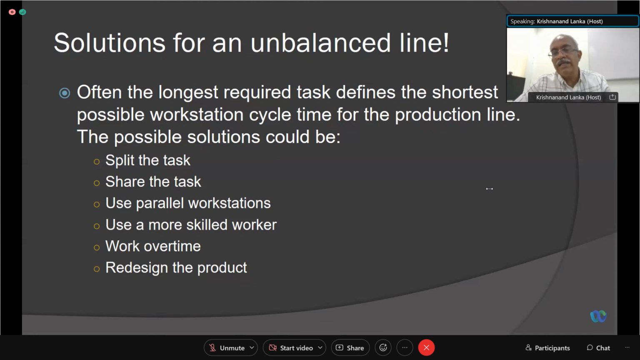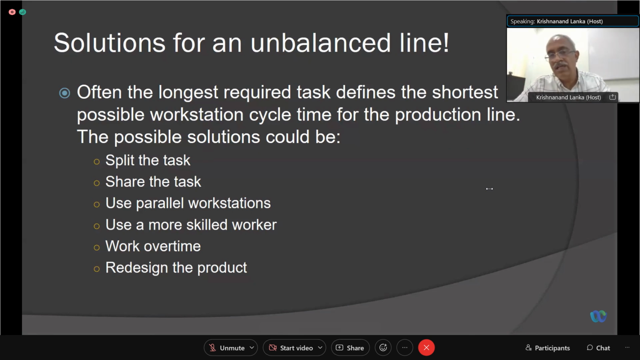Sometimes we adopt a technique called work study or method study, which we are going to study in the next chapter. One of the best ways to decide which of these options is good, whether splitting the task, sharing the task, parallel workstations, a more skilled worker, or overtime, is a technique called work study. Work study is a comprehensive approach to work, which was invented by none other than our father of industrial management,